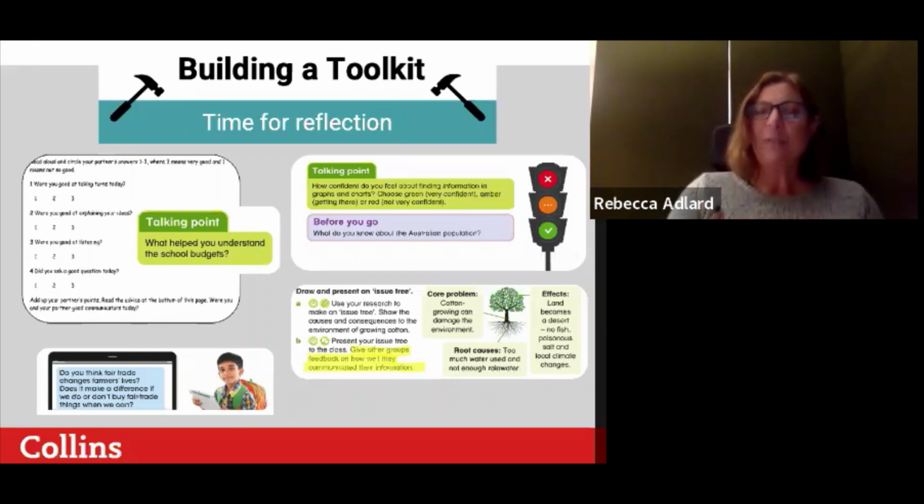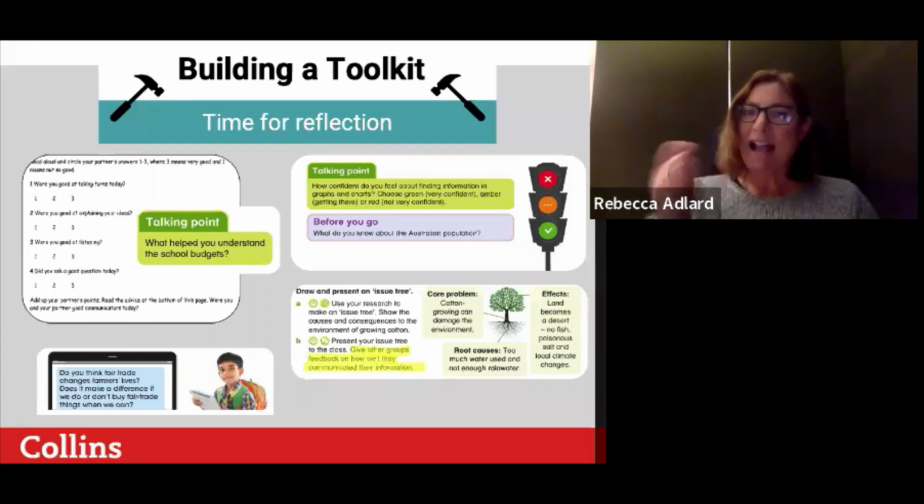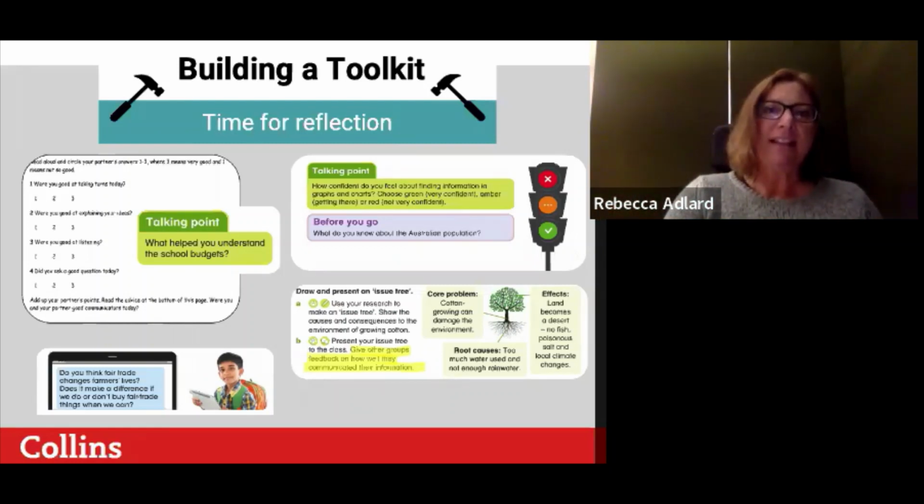Obviously, exit tickets are a very nice way as well of allowing students a moment to just think about what they think, just to reflect. So we can see you've got the traffic lights there. You can ask them a question before they go, and they can come and stick their name on red, amber or green, depending on their answer, how well they feel they did today. Whether they liked the outcome of the lesson, whether they understood the lesson, etc. So little small steps that require reflection on both the issue and the skill that they've been using and developing